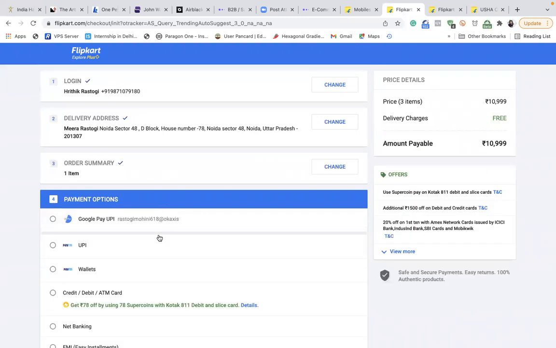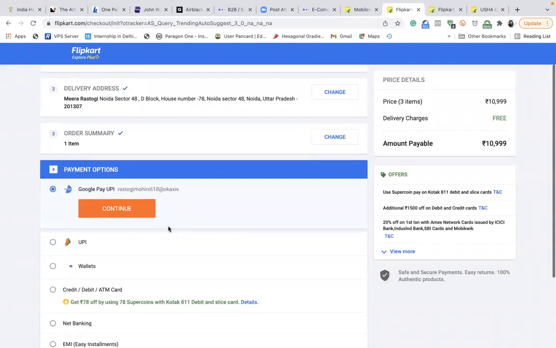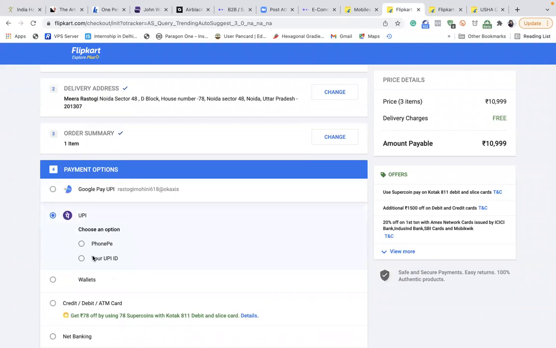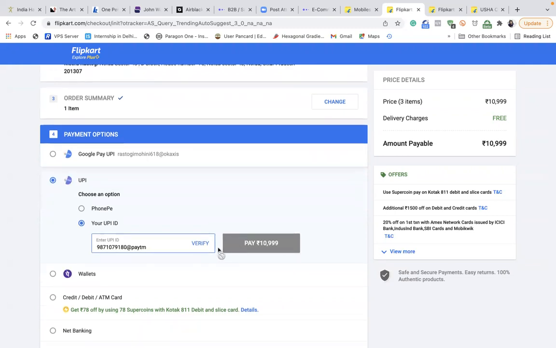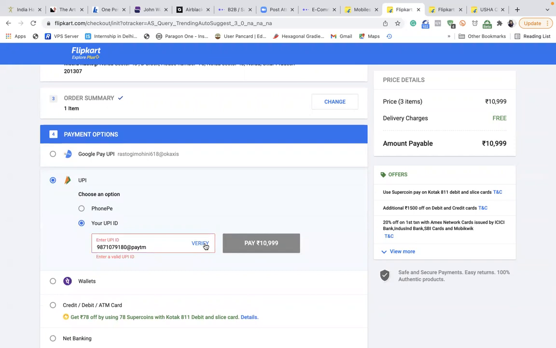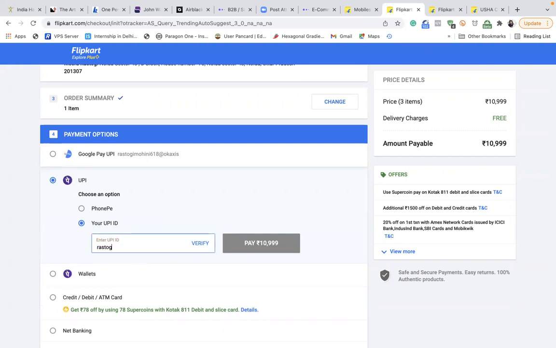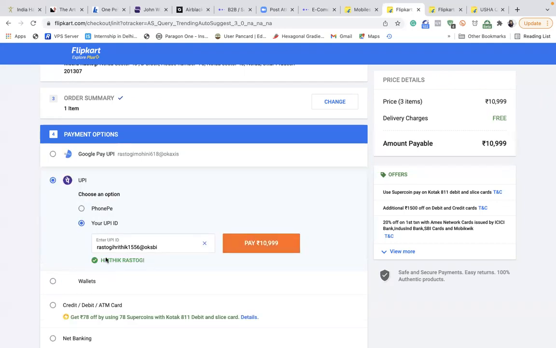Correct. So if a person is making the payment, let me just do the things, right? Just a second. This is also a step over here. And this is entering an invalid UPI ID. This is an invalid UPI ID, right? Now, if I add one, what I'm doing is just showing you what exactly you need to track. It's verified, correct. Now if I go to the pay button,